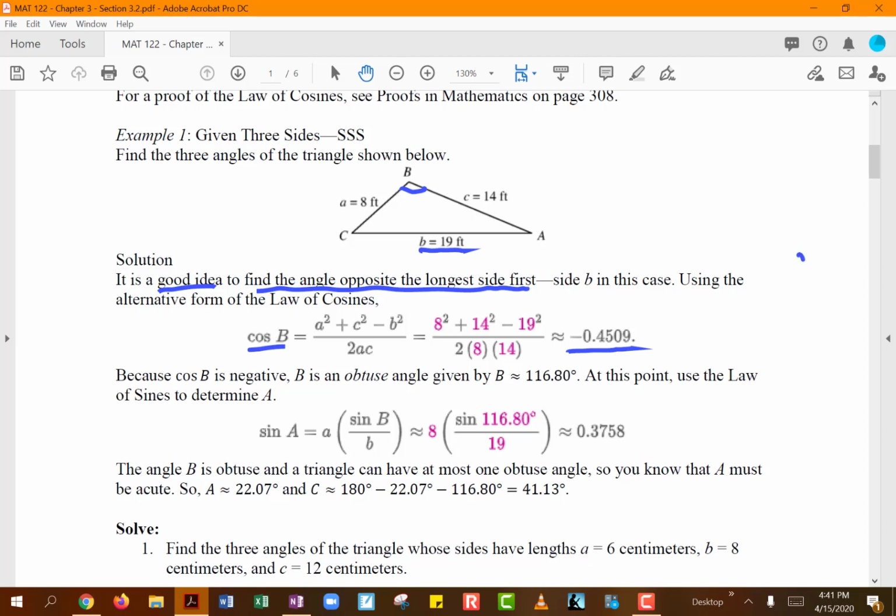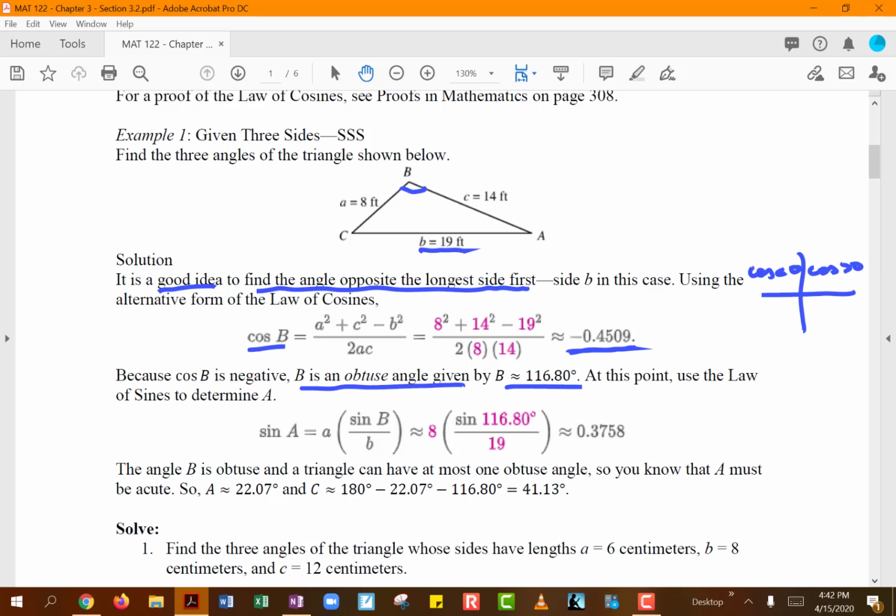Because in our unit circle, or just in our coordinate plane, cosine values are positive in quadrant 1 and negative in quadrant 2. So just by having this negative, we know that our angle B is going to be an obtuse angle. And when you take the arc cosine of negative 0.4509,